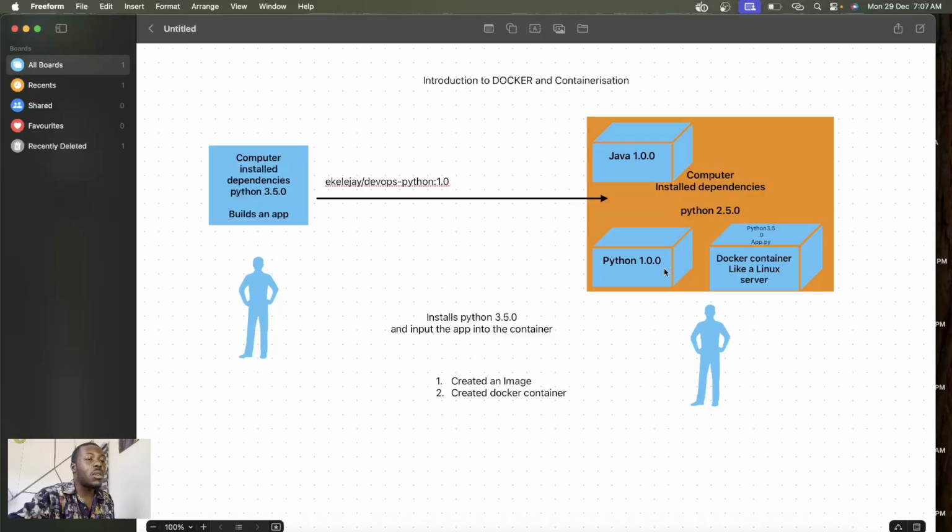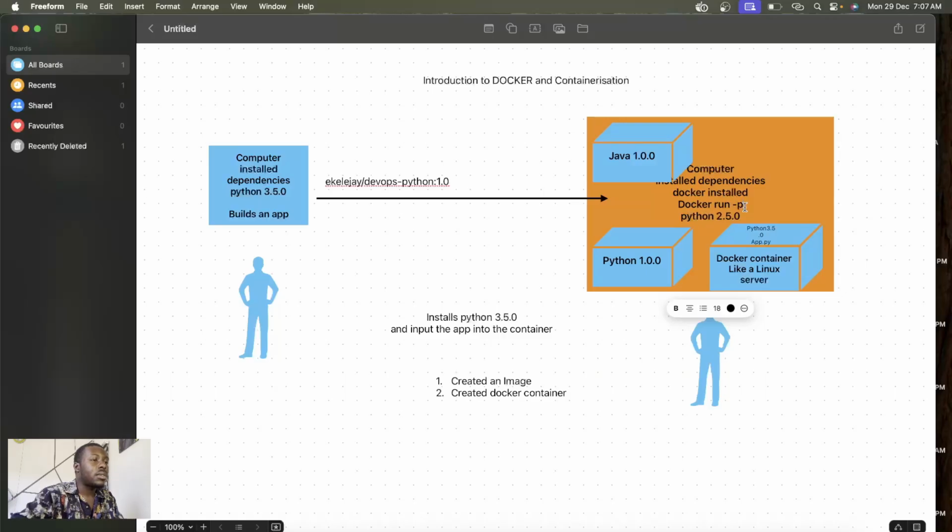So what this guy will do is he will have Docker installed. That's the only thing he will need as a dependency on his computer. So once Docker is installed, he will then come to his computer and do Docker run.